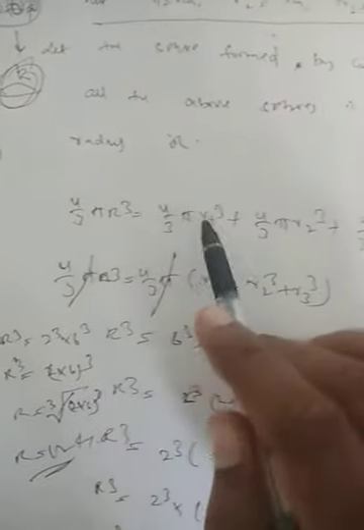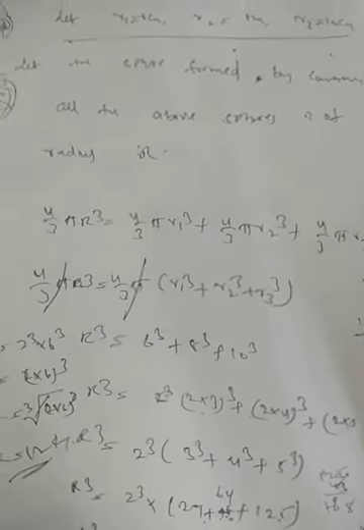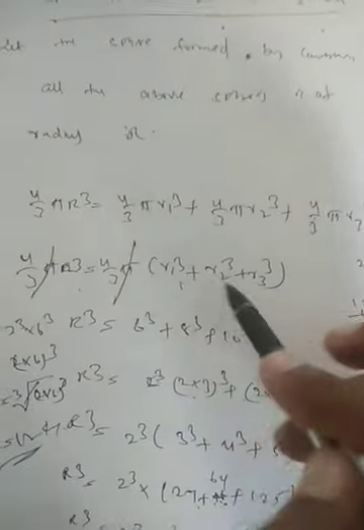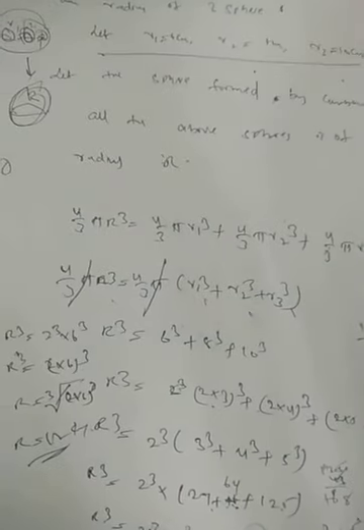Once again I am going to tell you clearly that the volume of one sphere is equal to the sum of the volumes of all the figures. As per that I am going to calculate. But whenever the volume concept is given like this, R cube is equal to R1 cube plus R2 cube plus R3 cube, we can make use of this principle directly so that you will get the answer perfectly instead of doing all this story.